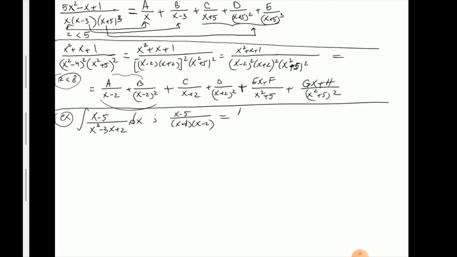So the split will be a over x minus 1 plus b over x minus 2. How do you find a and b? Because that's the question now, okay? I mean, you need to find the constants for which this is true. The theorem tells you that you can split this into partial fractions, but it doesn't tell you what the split is. You need to find it. And remember, all we're trying to do here is to basically write the same thing in a different format. So the left should be identical to the right-hand side. And that'll give you basically a way to figure out how to find a and b via a system of